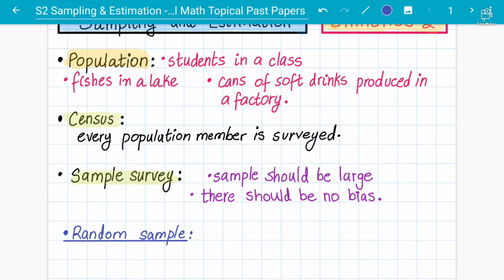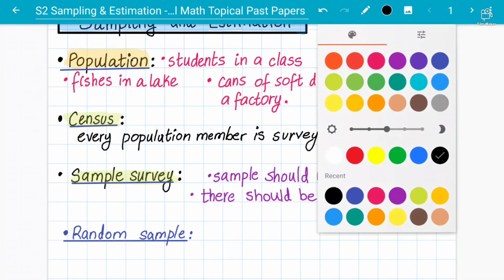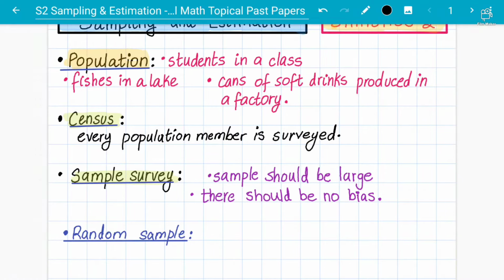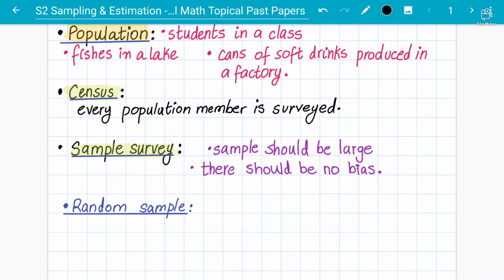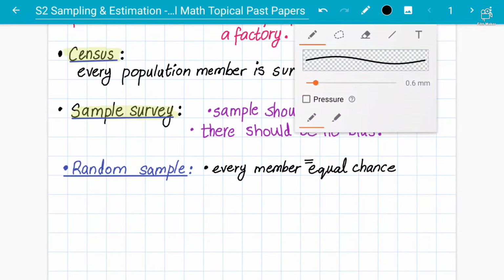And how will we get the random samples? What will happen in the random sample, sir? It's very simple and clear. In a random sample, every member of the population will have an equal chance of being selected. So we can write this as well: every member should have an equal chance of being selected, and all possible samples can be selected as well. So we have a random sample, and then how do we do this random sampling?